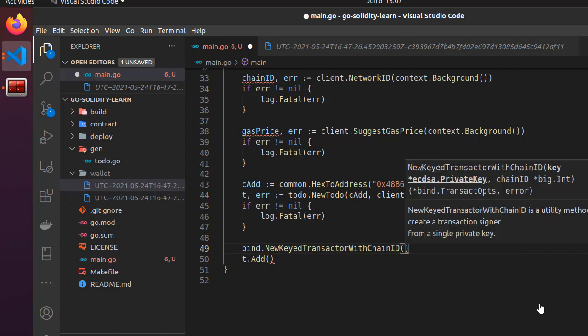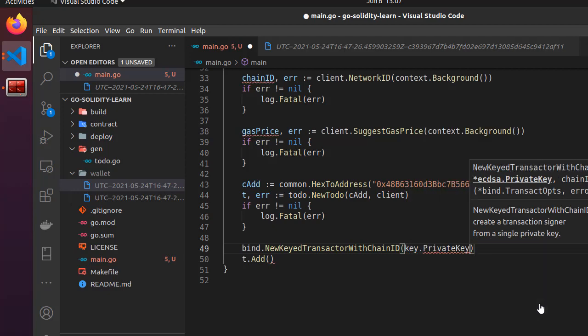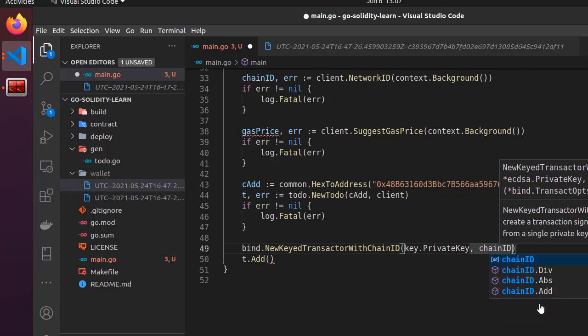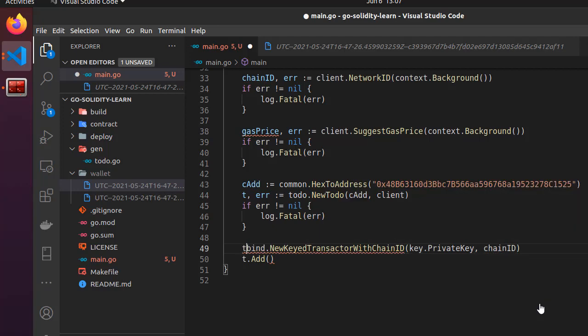Okay, we have to pass the private key of the keystore, so key.PrivateKey, and the second is the chain ID. Okay, so this function returns to us a transaction option and an error. So let's handle the error.